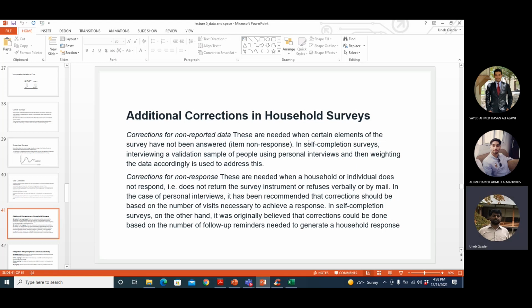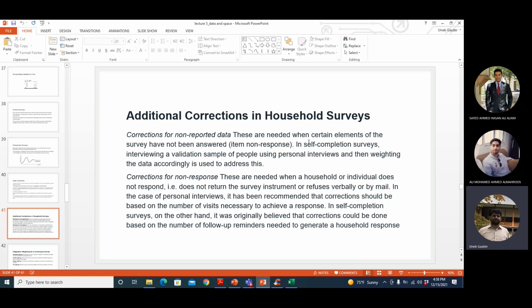At certain times they may not be available at home, or they do not have time when you went to do the survey. So you may have to go back at some other time to increase the response rate. Then you have to take it into account at the time of planning and calculation of the sample size. So when you say I need 100 samples, 20 of those 100 samples may require more than one visit. You have to take that into account.